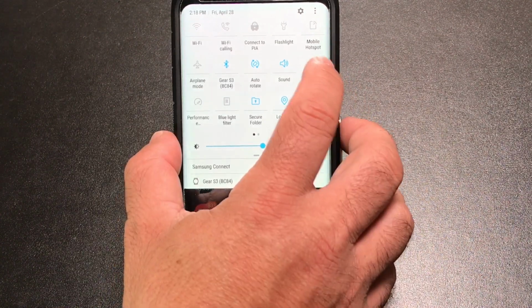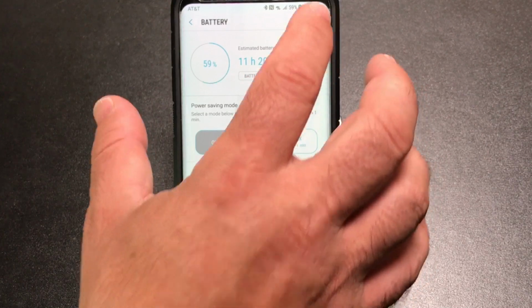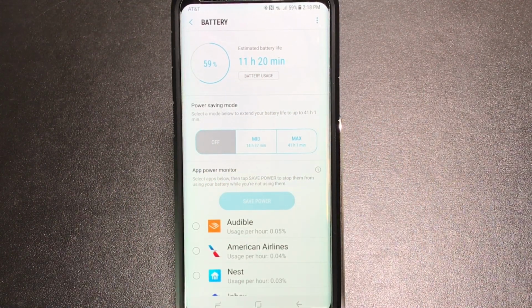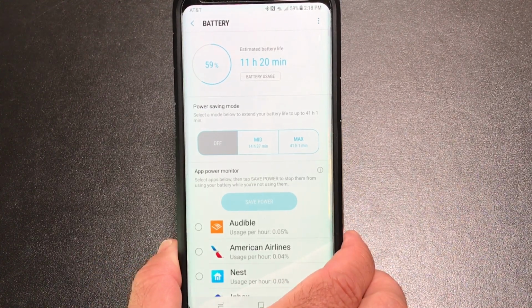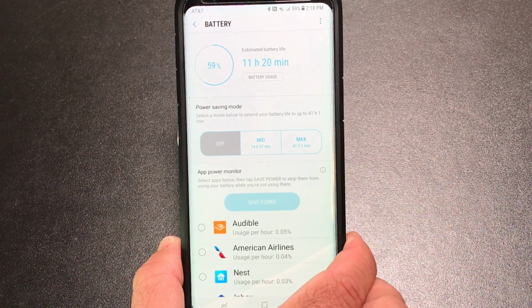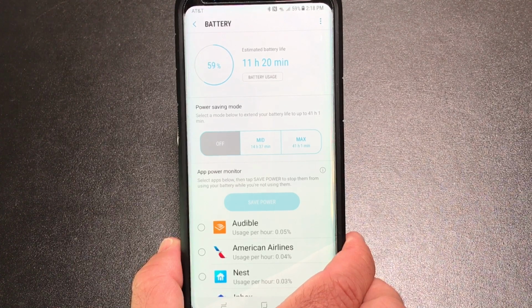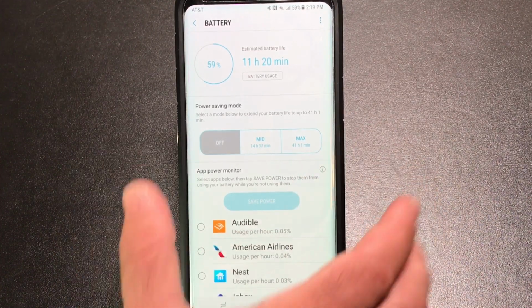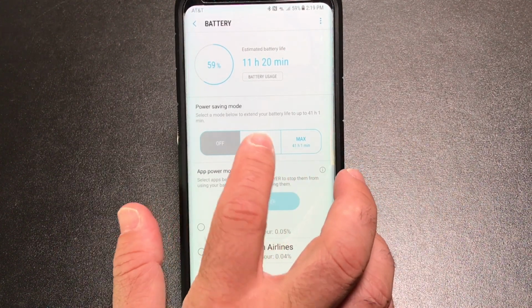Now the next feature we're going to talk about is ultra power saving, or power saving mode. And all I did is I pressed and held my button there for a couple seconds. Now, here's the thing. The power saving modes have improved so much since the first generations of this, and it's something that you really should take advantage of. So think about this. If, let's say, for example, you are in a workplace that requires you to put your phone away during work hours, and when you come to it, you find that it's dead. What you could do is, instead of just leaving it as is, you can turn on, for example, this feature